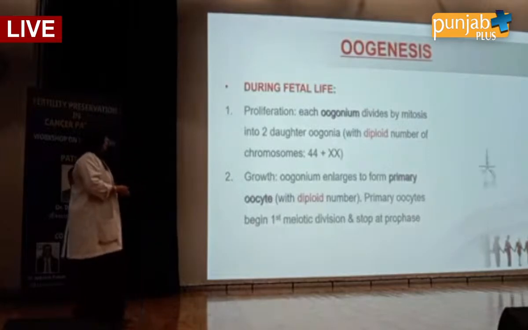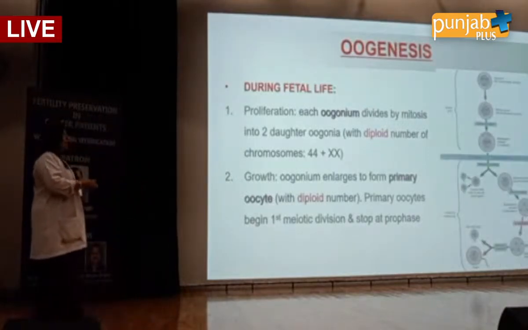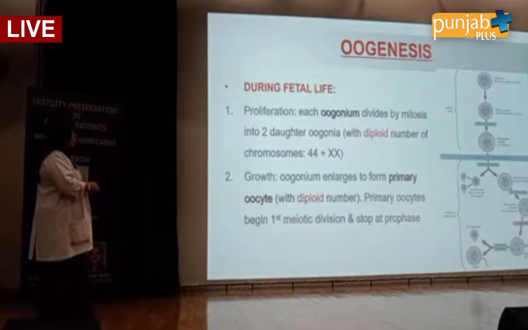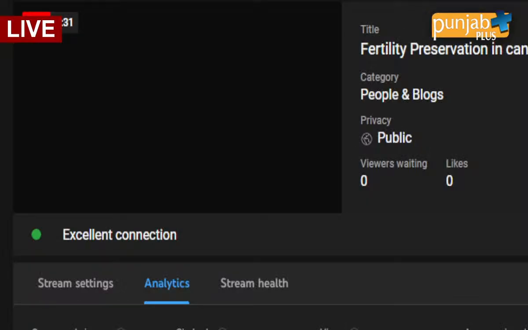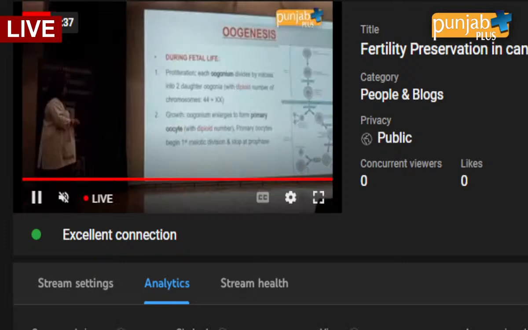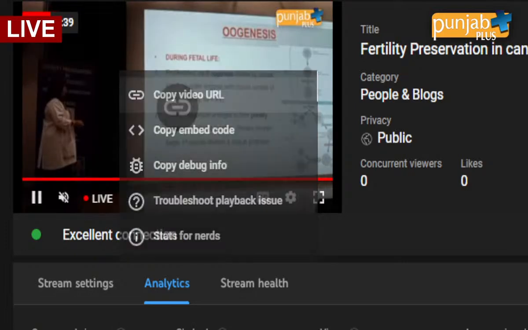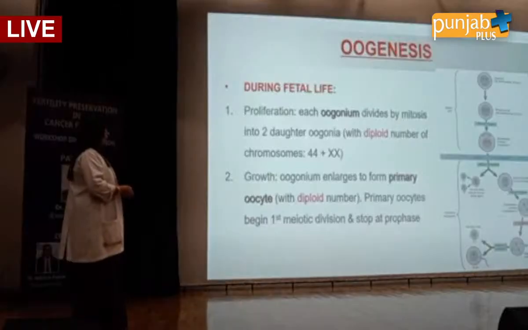So, proliferation: each oogonium divides by mitosis to form two oogonia, and this is the mitotic division. This is before birth, during the fetal life. Then growth: the oogonium enlarges to form the primary oocyte, and the primary oocyte begins the first meiotic division, but stops